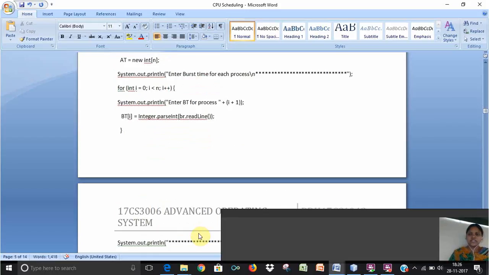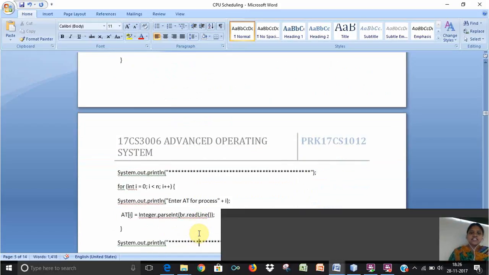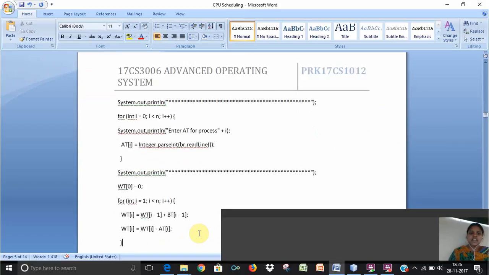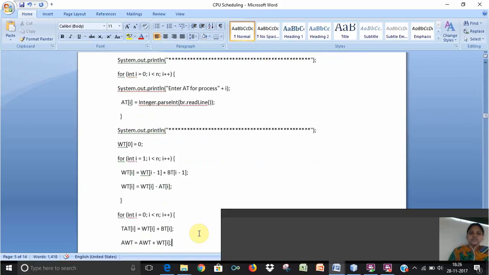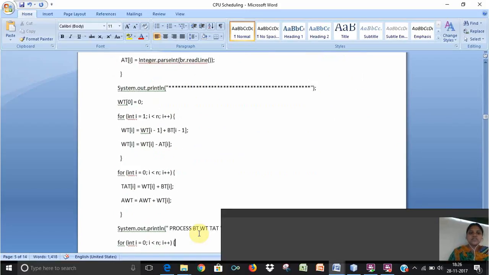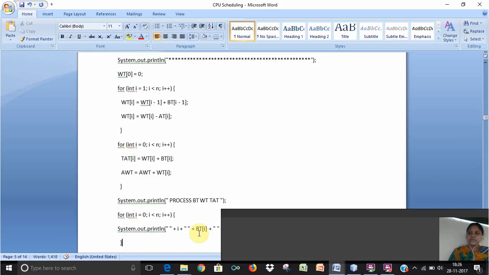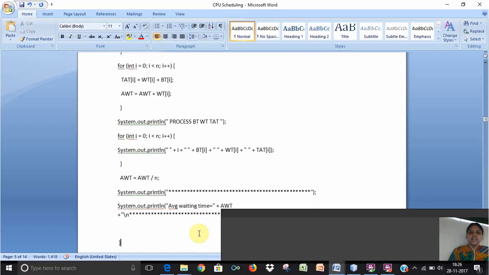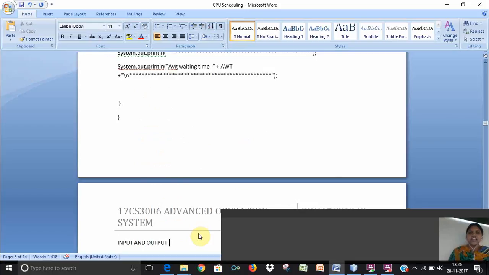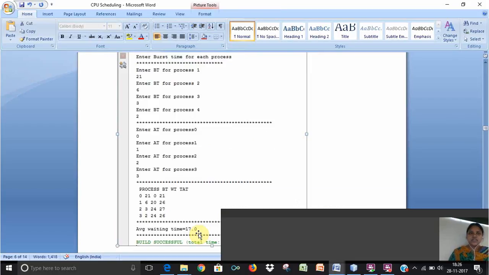Then we enter the burst time for every process, and then we enter the arrival time for every process, and then it will produce a result showing the burst time, waiting time, and turnaround time. It will display the average waiting time as output. And coming to the output,